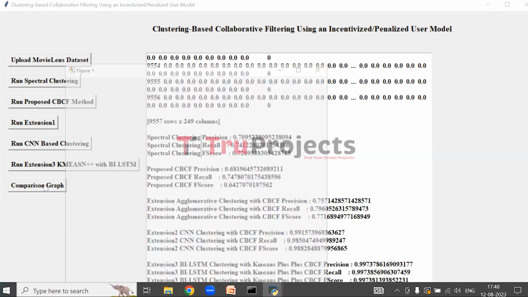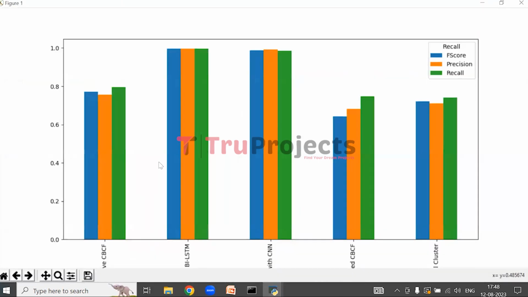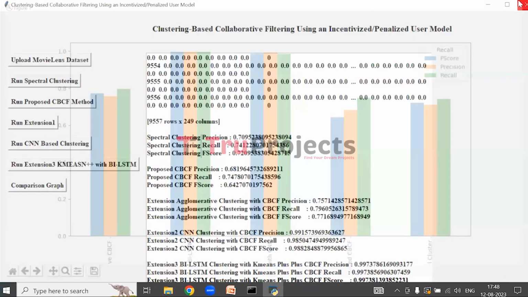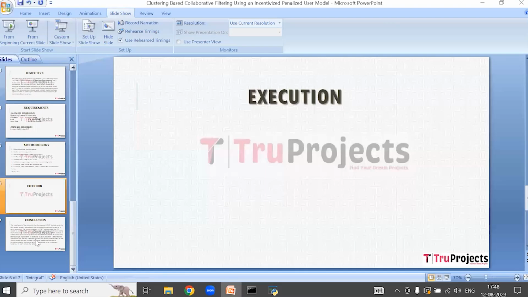Now click on comparison graph. So this is the comparison graph. X-axis represents the different types of algorithms and y-axis represents the performance metrics. And here we can see that each algorithm has different metrics and each metric is represented with a different color. So here we can see that blue color represents F-score, orange color represents precision, green color represents recall. And from this graph we can conclude that BI-LSTM and extension with CNN perform well. Now close the graph and the final conclusion of the project is